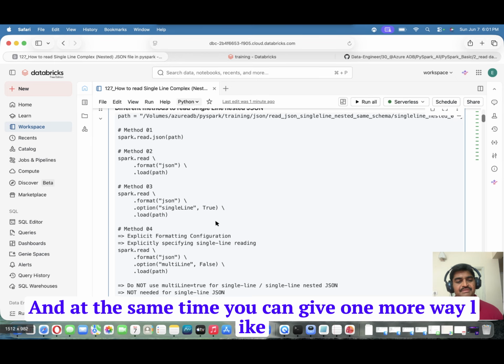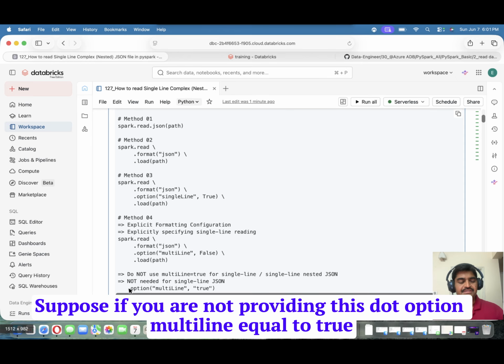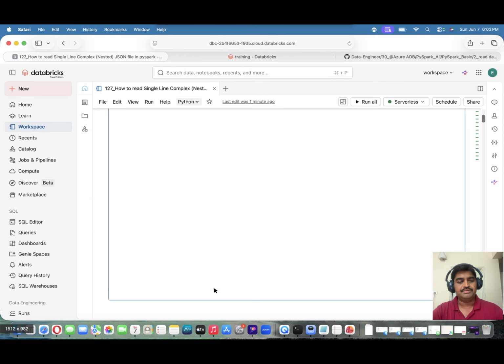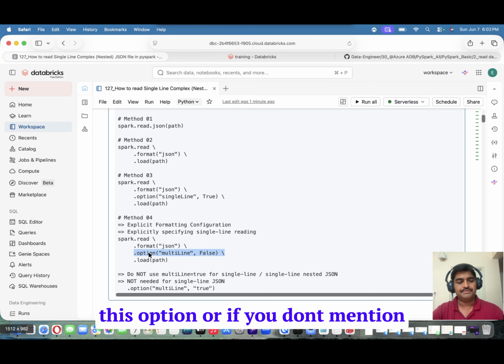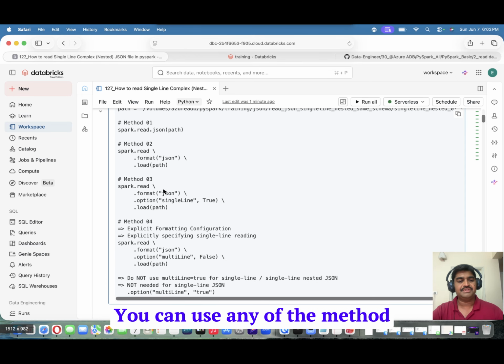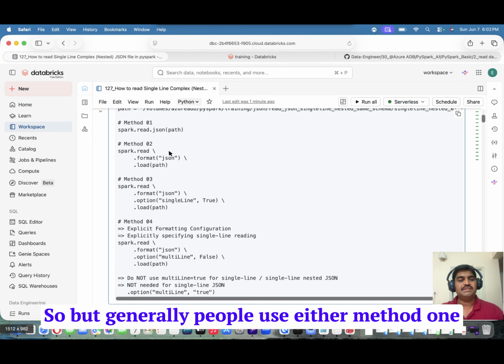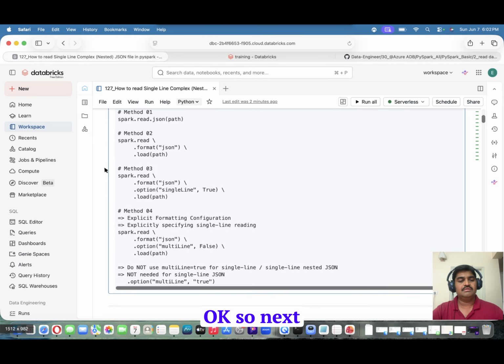And at the same time, you can give one more way, like suppose you're not providing this dot option multi-line equal to true, so what will happen? Spark by default considers dot option multi-line as false. Whether you mention this option or you don't mention it, Spark by default considers dot option multi-line as false. Okay, so in total we have 4 methods. You can use any of the methods. But generally people use either method 1 or method 2. Okay, so next,